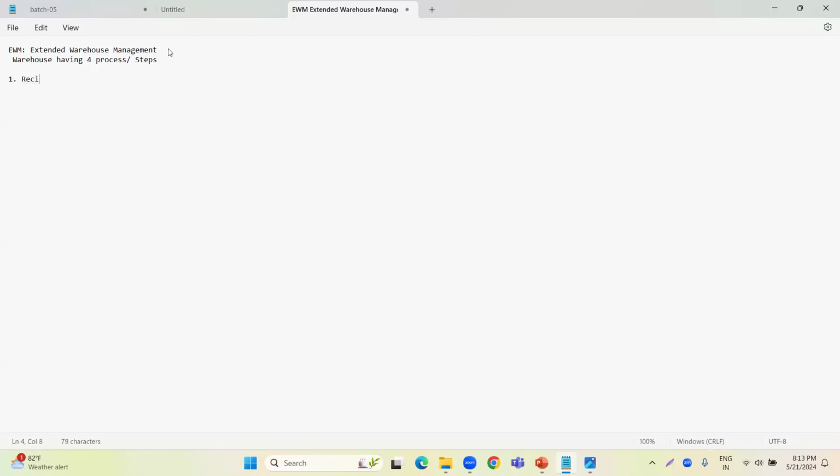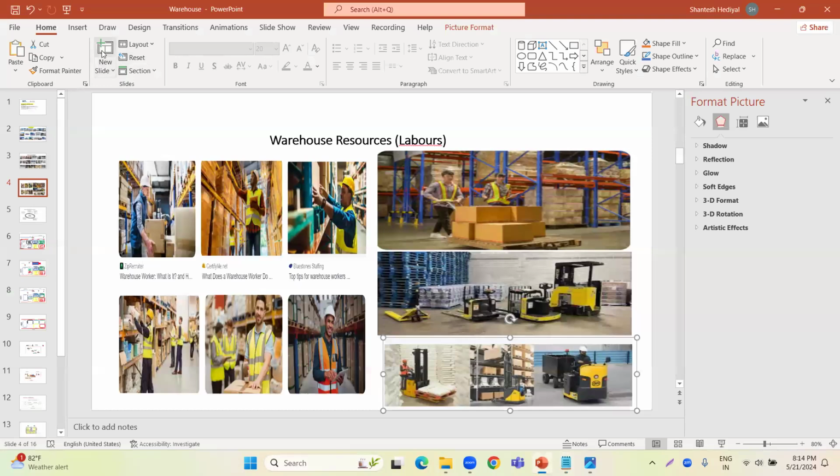Start with receiving. The second one is put away. The third one is picking, and the fourth one is shipping. Okay, so these are the main important keys for the warehouse. Now I will show it in my